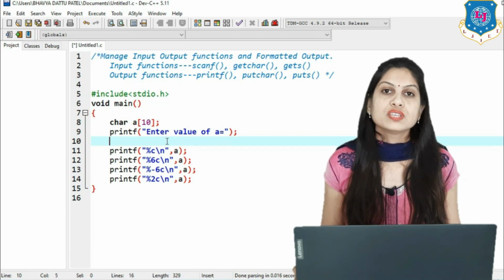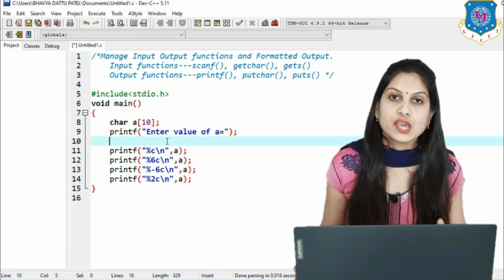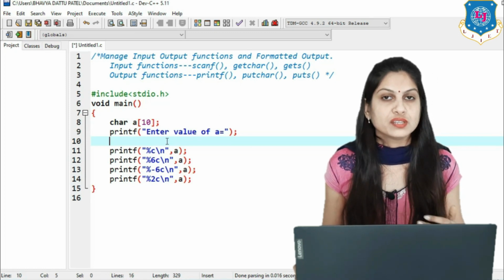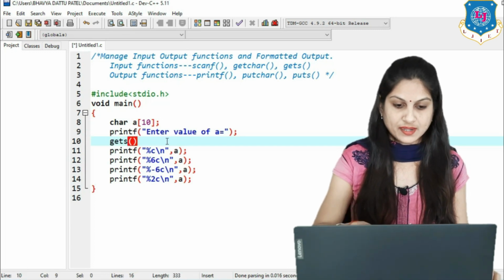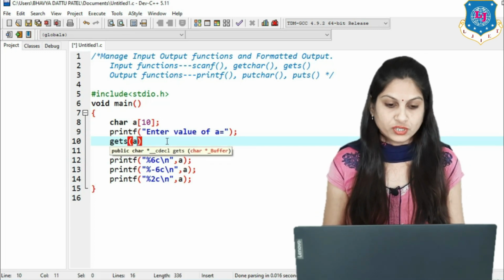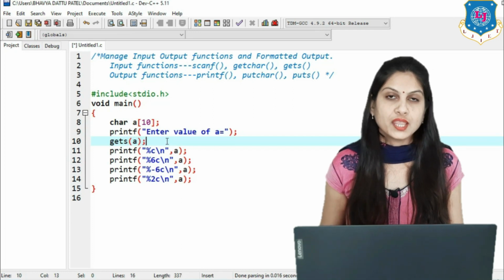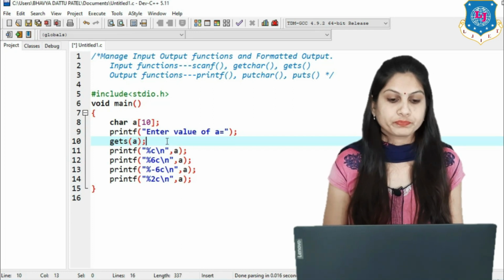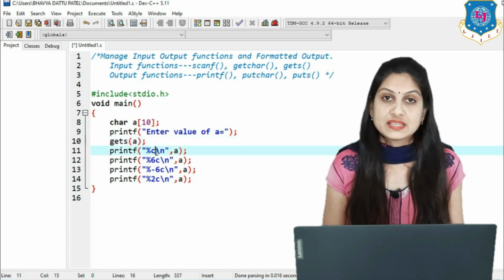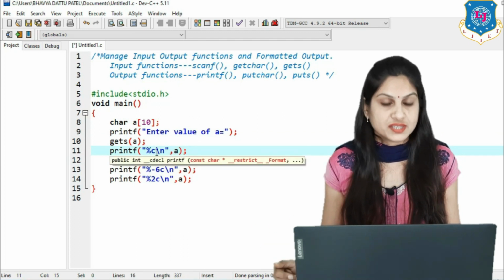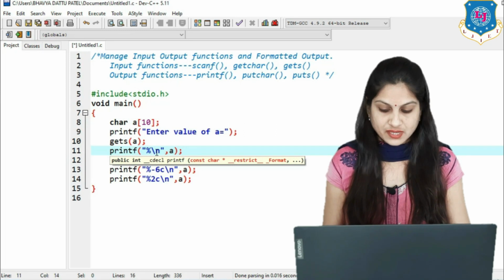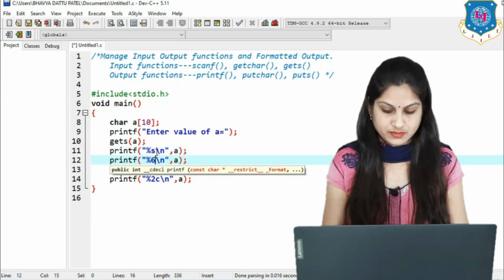First I am not using scanf here, directly we are using the gets function to read the string. So write the function name gets, and inside it just put the string name, suppose a. Now instead of %c, the control string is changed; for a string it is %s.